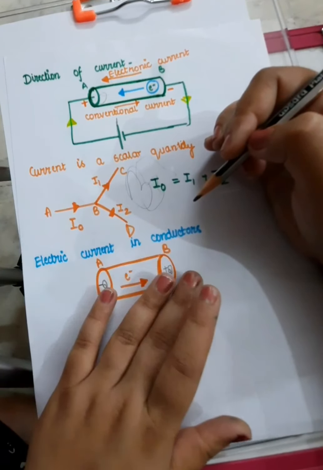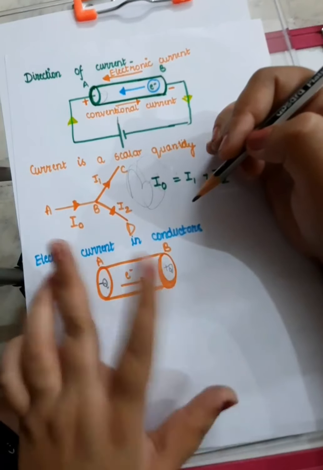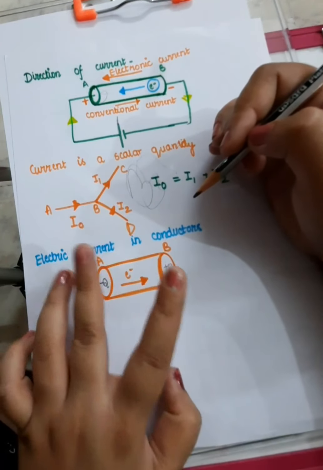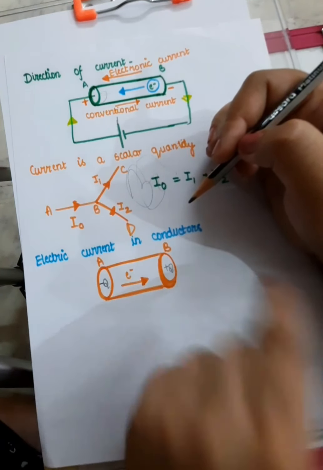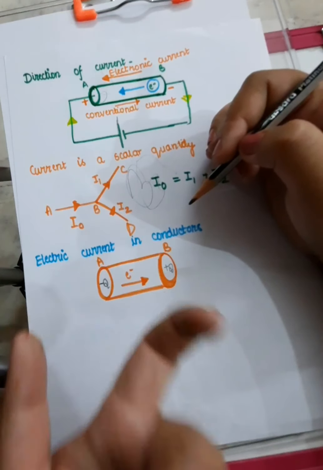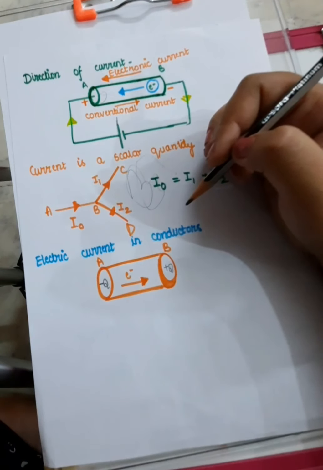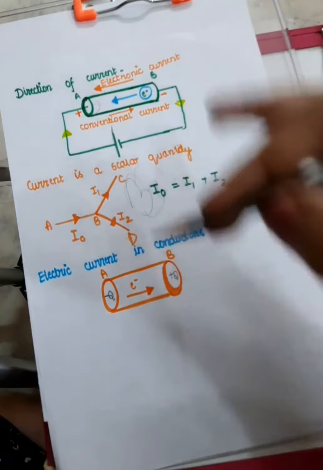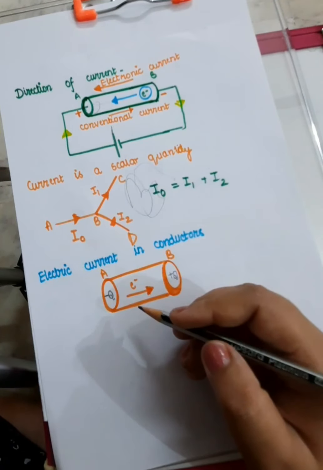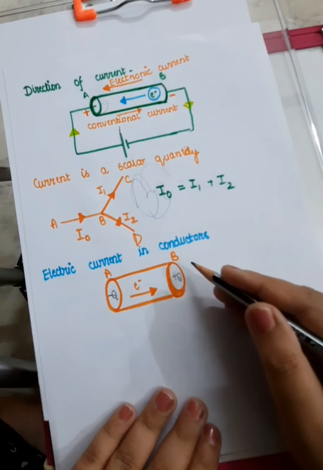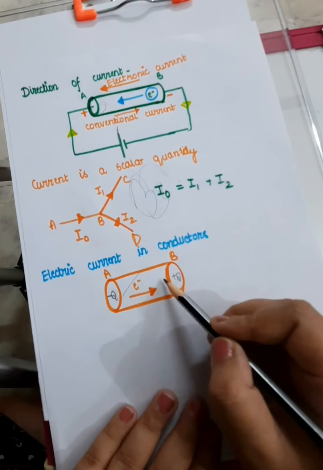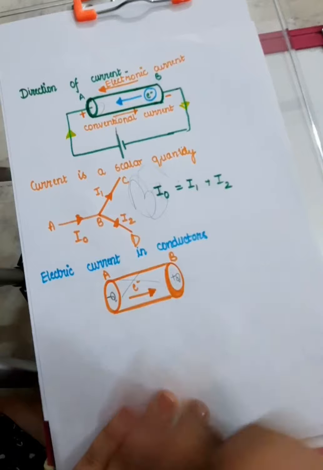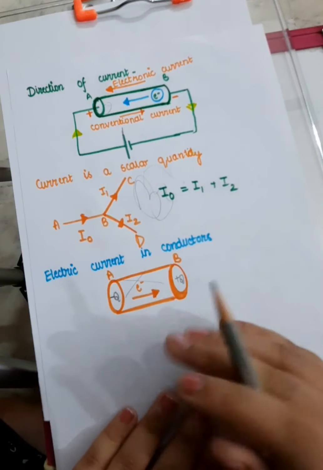Next is electric current in conductors. Actually, whenever there is no electric field applied, whenever there is no potential difference, what happens? The electrons are not moving in one particular direction. They just have the thermal velocity. Because of the heat, they are moving in that conductor in random directions and they have thermal velocities, but the average of these thermal velocities is zero, because if one electron is moving here, the other electron is moving there. So these are random thermal velocities, because आपने कोई electric field नहीं apply किया, आपने कोई potential difference नहीं apply किया.